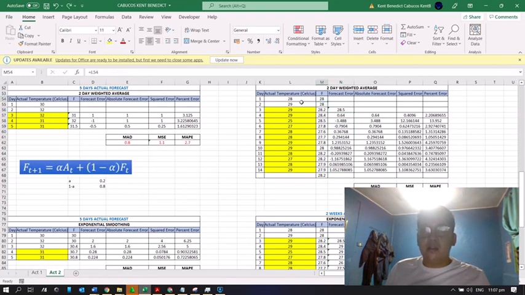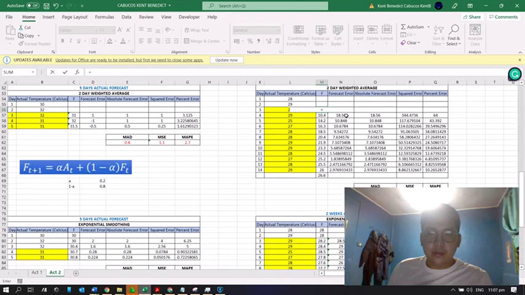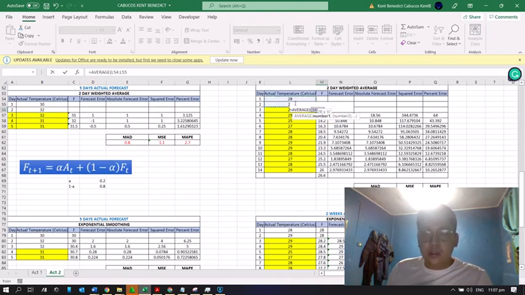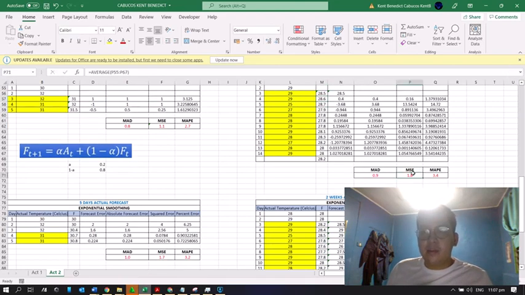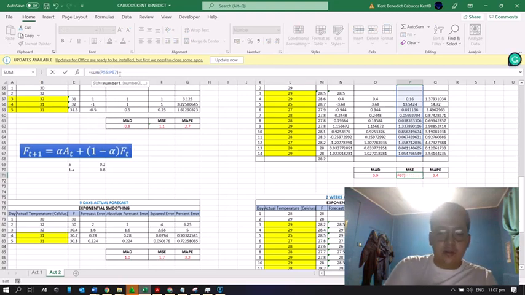No. We're just going to neglect the first 2, equal to the average of the first 2. Enter. And I'm going to change this: 2, 3, 4, 5, 6, 7, 8, 9, 10, 11, 12. 12 minus 1 equals 11. Our n here is 11 over,